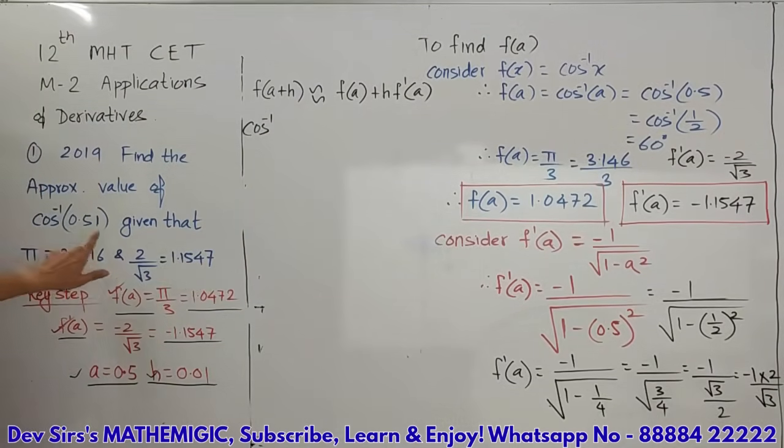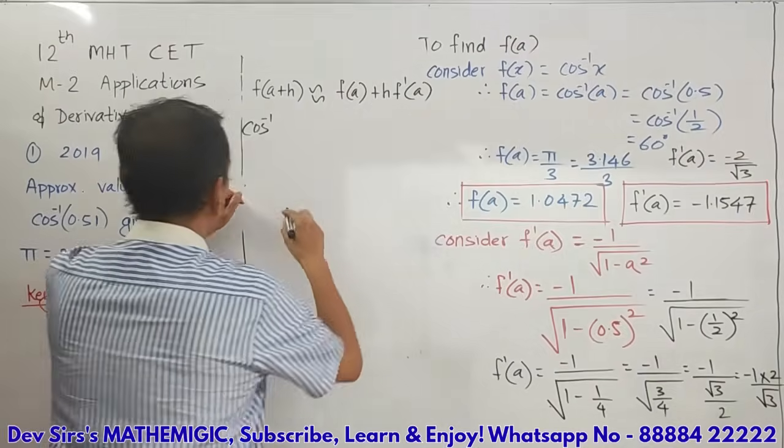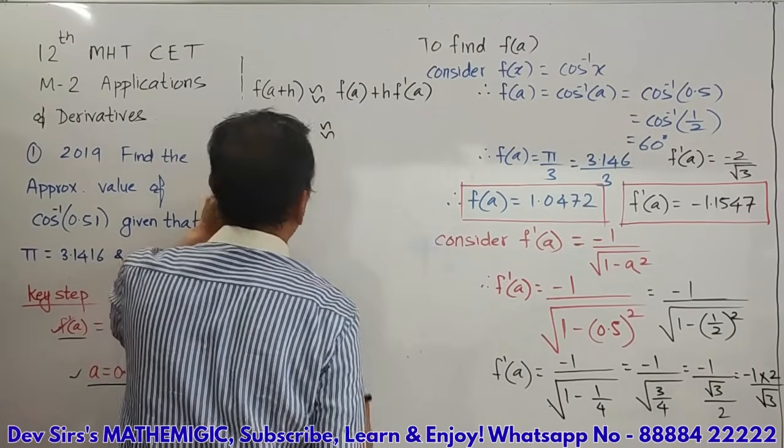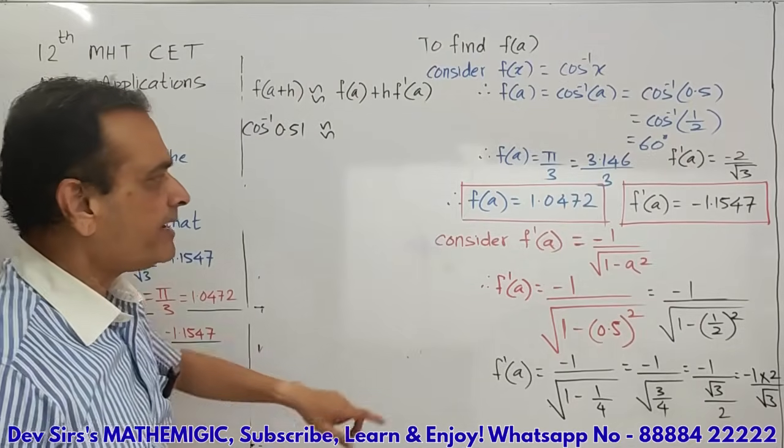Calculate करने के बाद इतना ही आने वाले whatever is asked. So cos inverse 0.51 approximately equal to value of FA